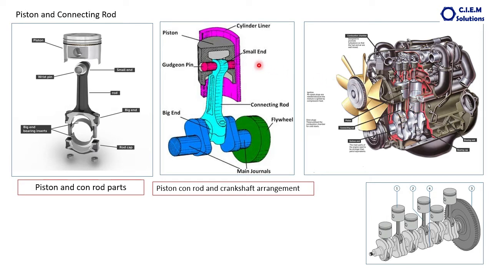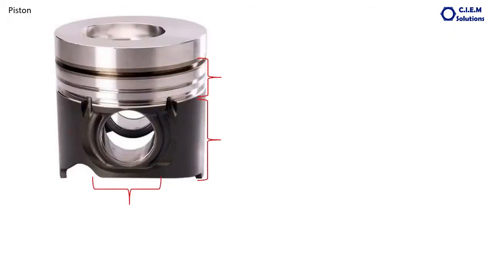So during this process, what happens? The piston is the first part to take the tremendous heat, and the connecting rod is the one which connects the piston with the crankshaft. Now let us have a look one by one. The job of the piston is to create the variable volume inside the cylinder to perform the 4 cycles of operation, that is suction, compression, power and exhaust.